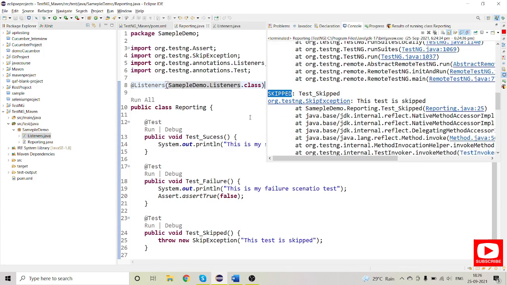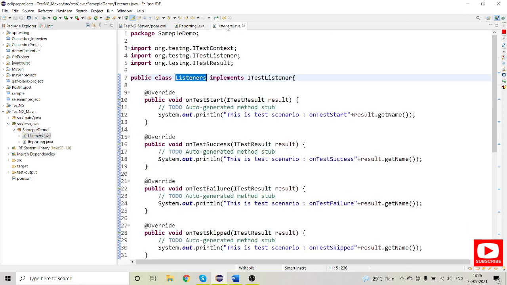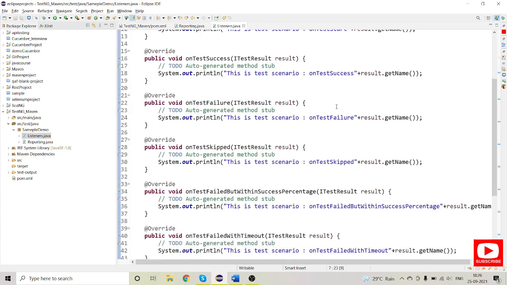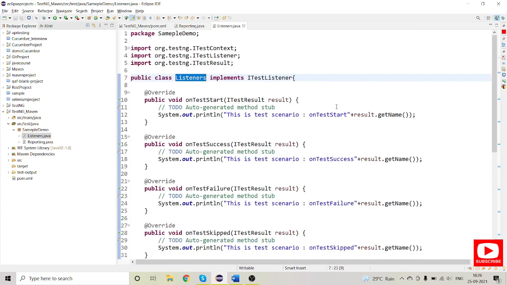So this is how you implement listeners in your TestNG methods, and this is a most asked interview question as well. You may experience this kind of question for experience between 3 to 12 years. So they might ask this kind of question, and I have implemented it for one method. I will suggest you do it for multiple methods.